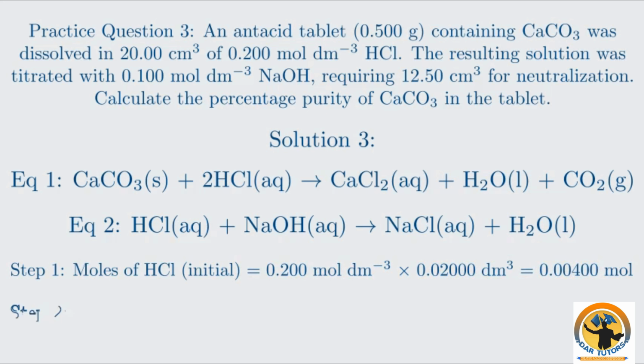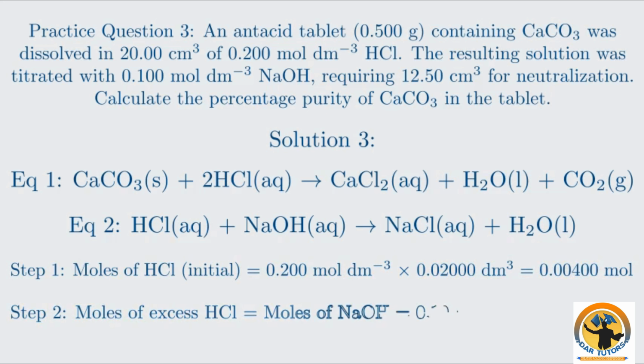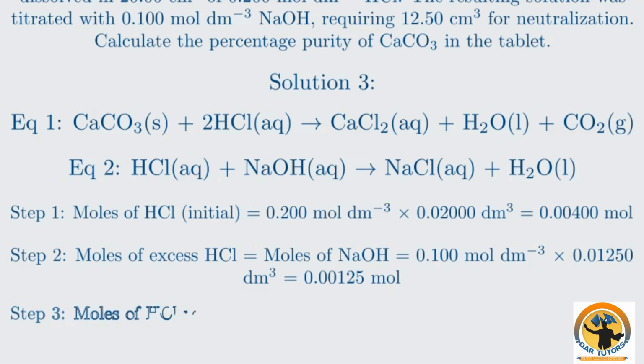The moles of NaOH are 0.100 times 0.0125, which is 0.00125 moles. The mole ratio from EQ2 is 1 to 1, so moles of excess HCl are 0.00125. Now we find the moles of HCl that reacted with the KCO3 in the tablet. Subtracting the excess from the initial gives